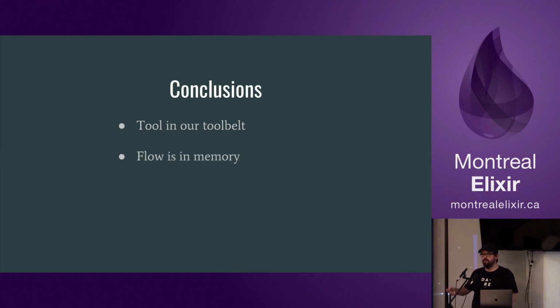Flow is in memory, so while it's keeping the window, counting and grouping all the messages for you, it's everything in memory. So on one side, okay, it's fast, but if you have a crash in your server, you just lost the entire window, all the messages that it cannot process, and everything else. So thinking about that, keep your flow small.